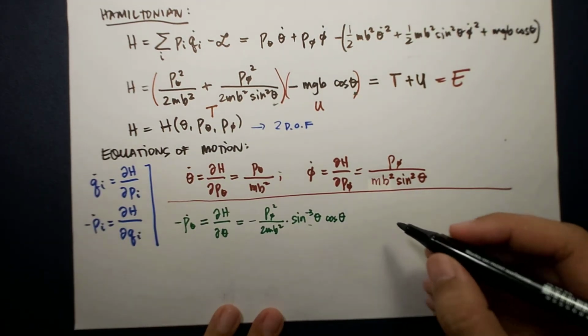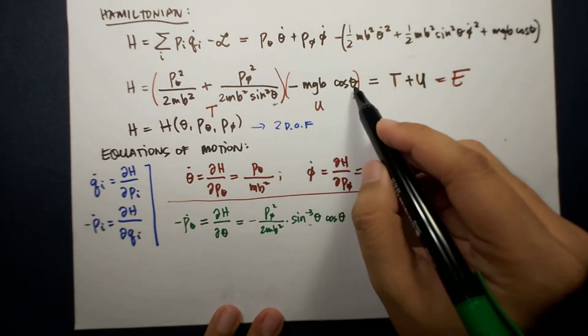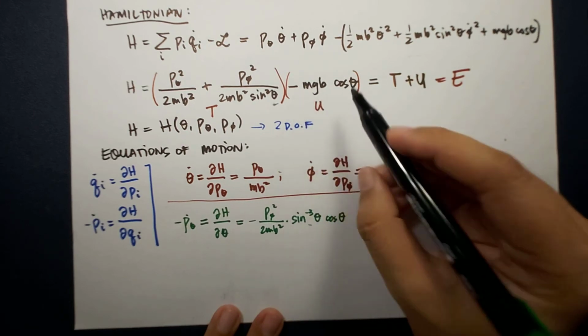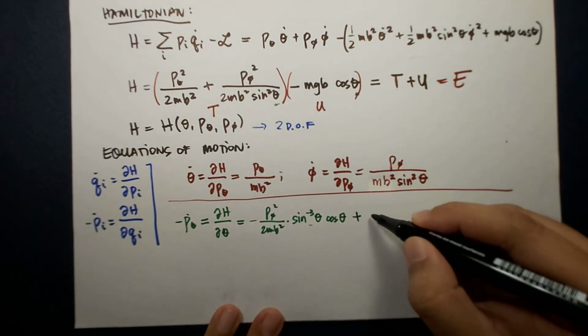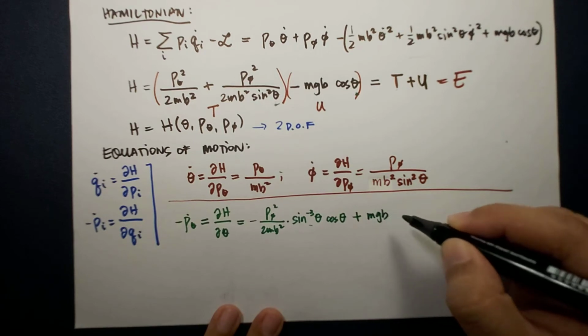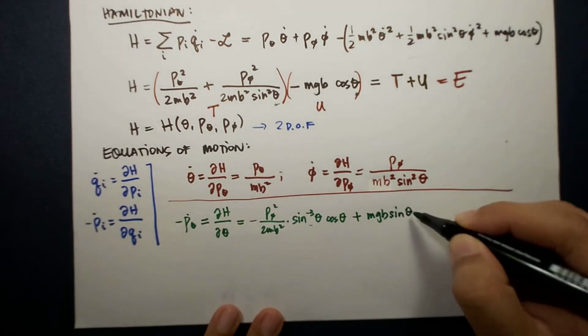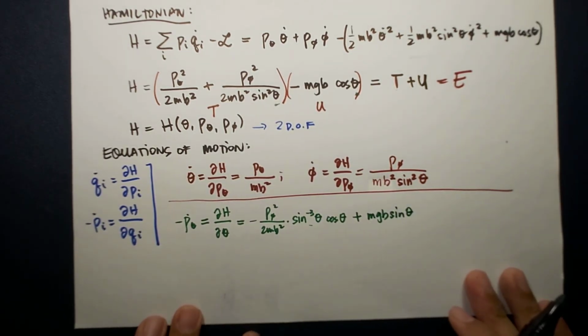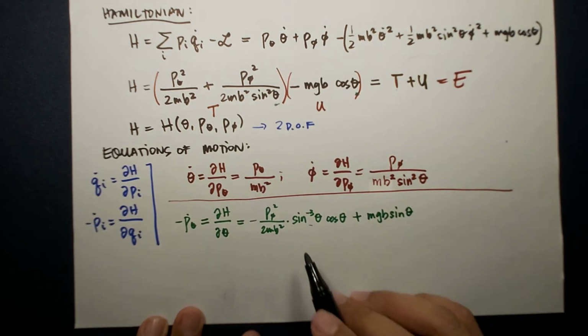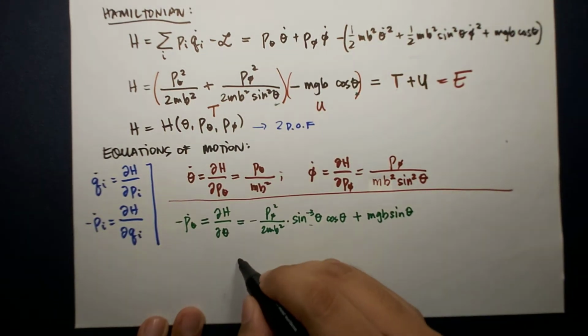Okay, and then theta here, so this is negative, so that's plus mgb sine theta. Okay, so let's simplify this, and this is equal to